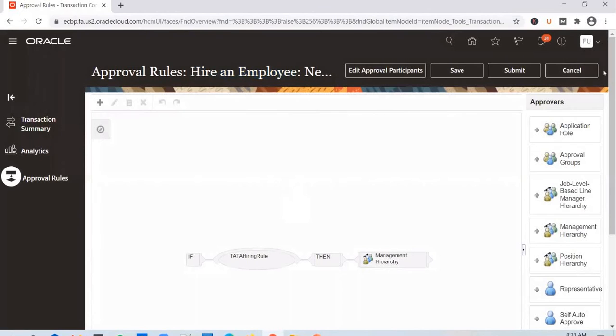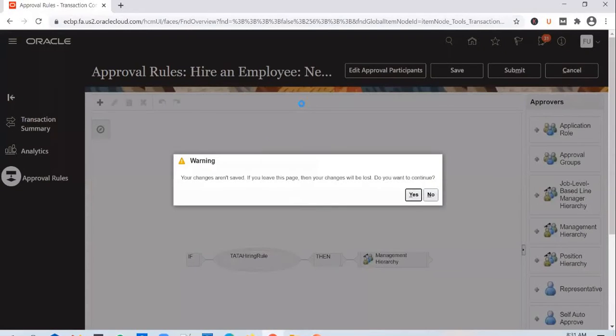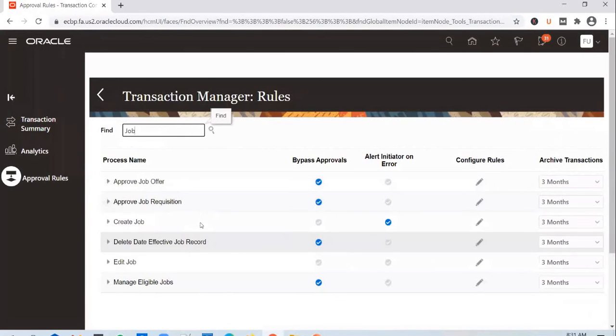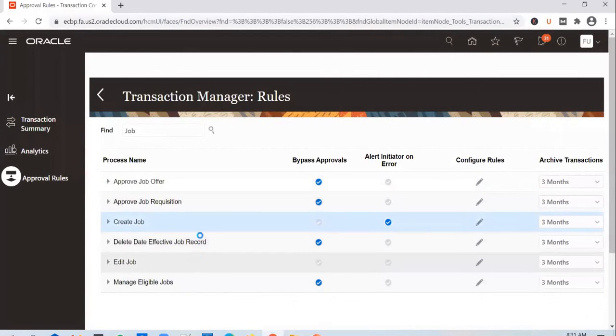Okay, having said that, let's go back. Let's pick create job as an example. You're free to pick hire an employee as well, it's up to you, but I'll pick job. For job, you can see that there are 2 options available: create job and edit job.